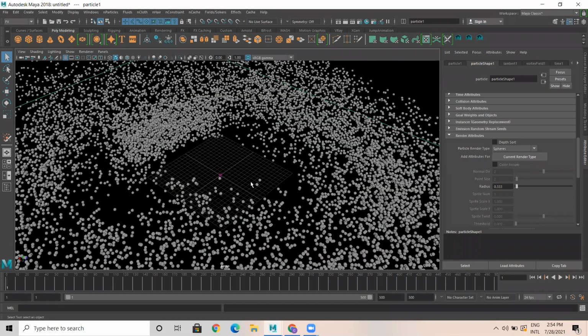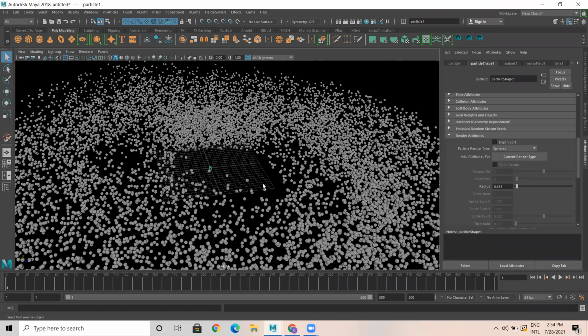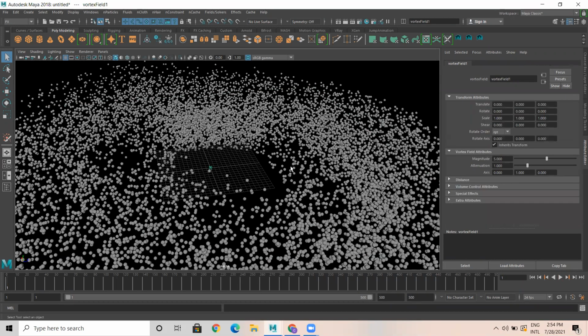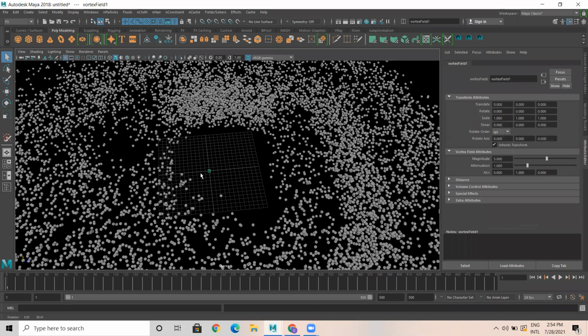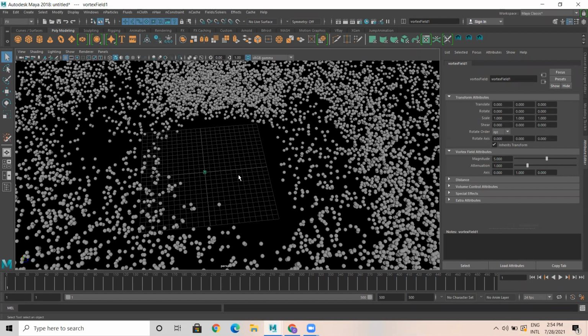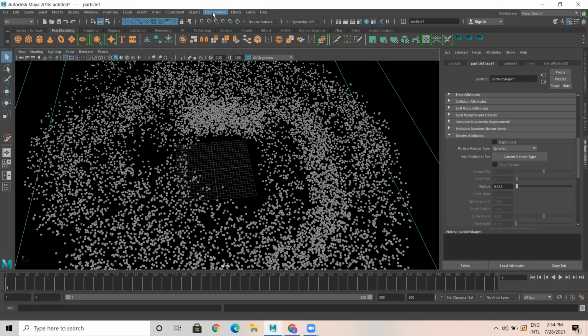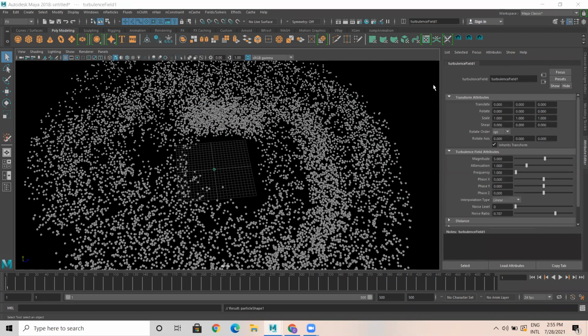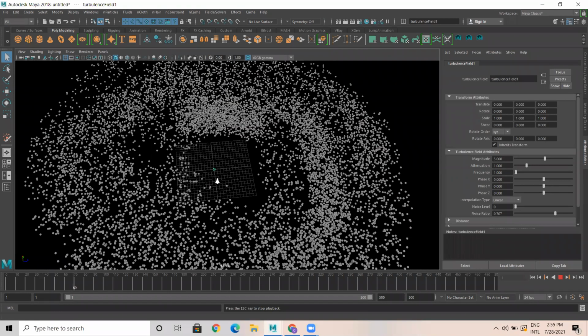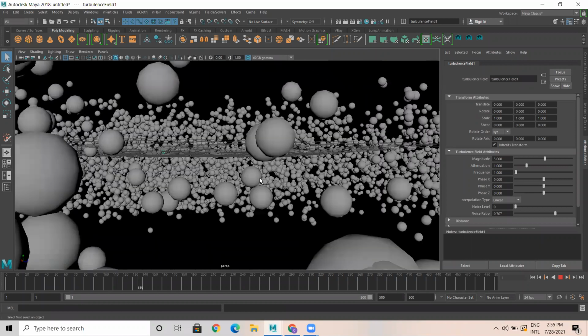There's another thing. I can delete the vortex. I don't want vortex. Let's select this and you can just press delete, it will go. Again, you have to select the particle and I'll apply another field called turbulence. Turbulence is nothing but noise. The same you get, same magnitude, attenuation, everything you got. And when we play this, you can see there is noise. Particles are simulating like this here and there.